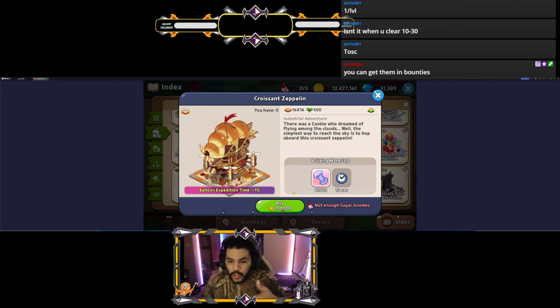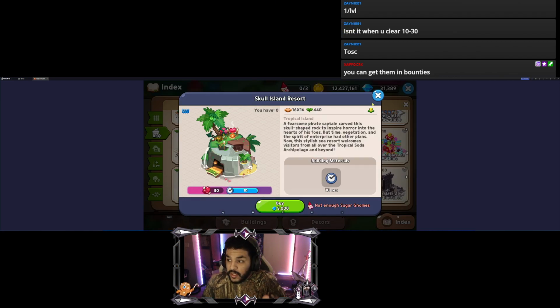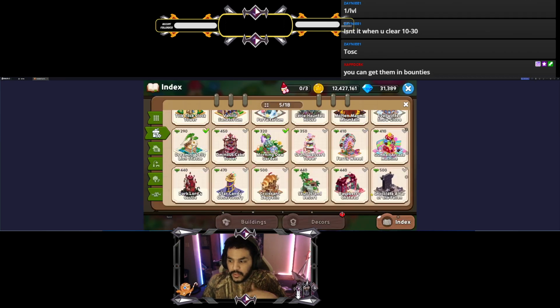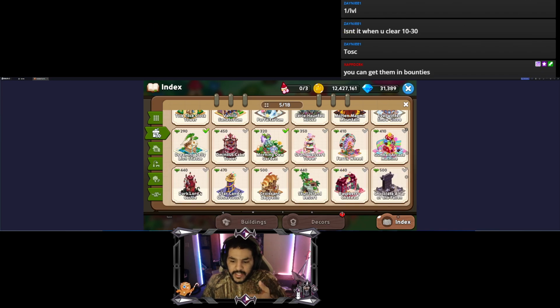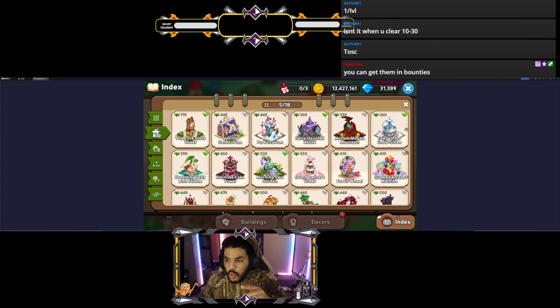That, not really that important. That, not really that important. That's not really important. Same thing with that one. All cookie crit damage, Chocolate Altar of the Fallen. You want to get that. So, in total, you want to be able to get